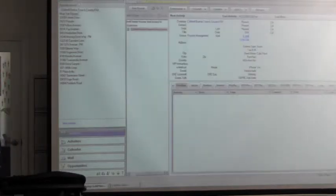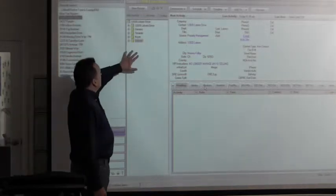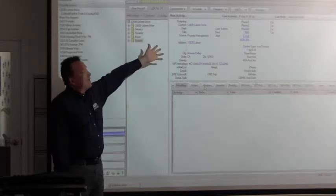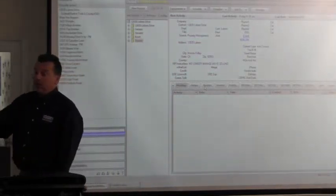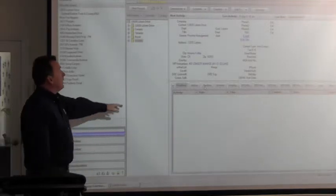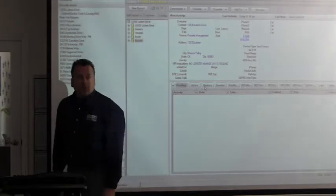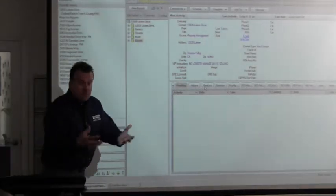Now, one of the things, and I'll go back to this team property as an example. One of the things with the way we've got this set up, you'll notice we have a property, let's use this as an example. This buyer at some point decided that they wanted to buy this property on Latine Drive in the Cedar Creek Valley, okay? So also within my contact management system, I have a property that this buyer is now